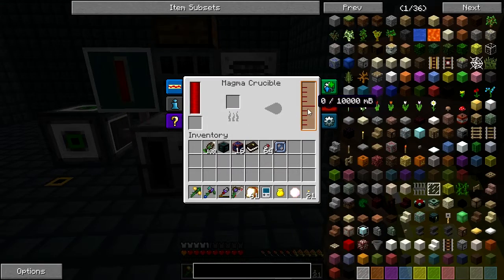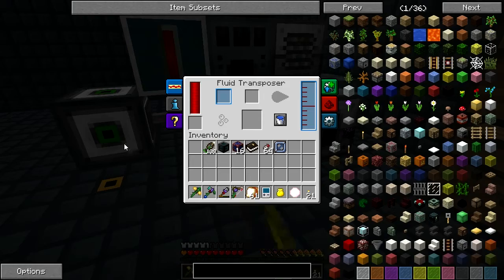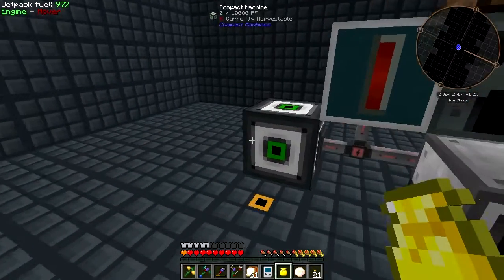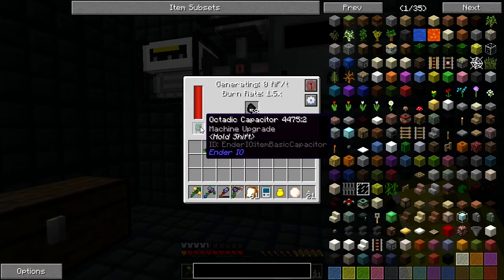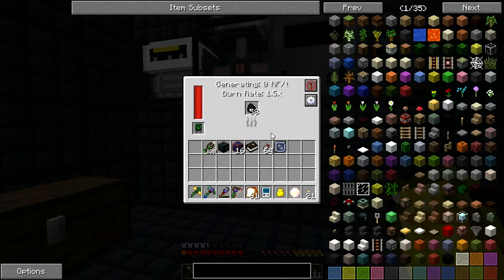Okay, so I made the magma crucible so I could make liquid enderium and then fluid transpose it into the tesseract. That's how I did that. Well, that's pretty much how you make it. So in here, it turns out you can put these in here and it makes a ridiculous amount of RF. Like the burn rate went down 0.5 and this is generating like,